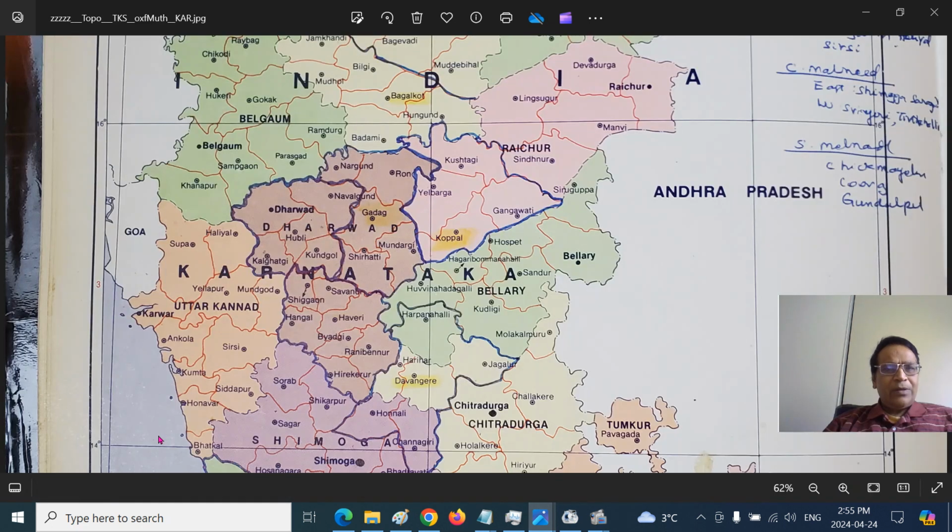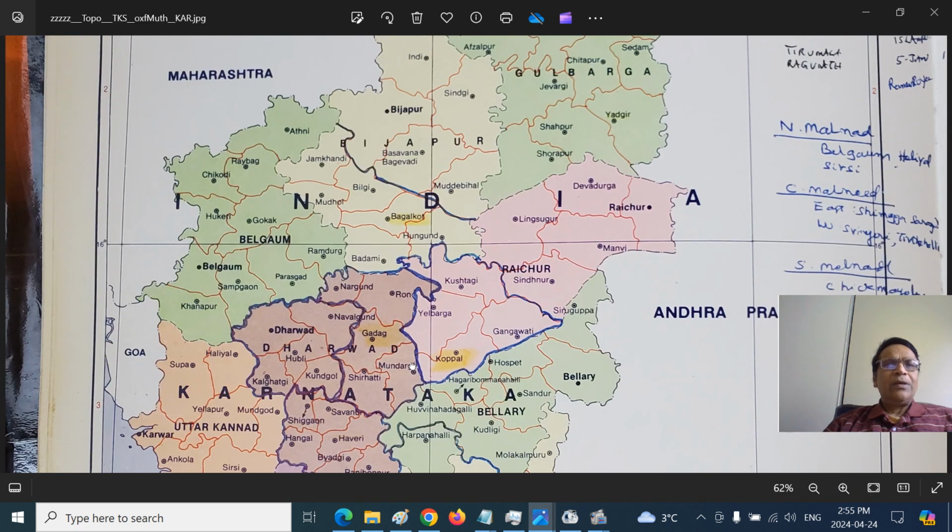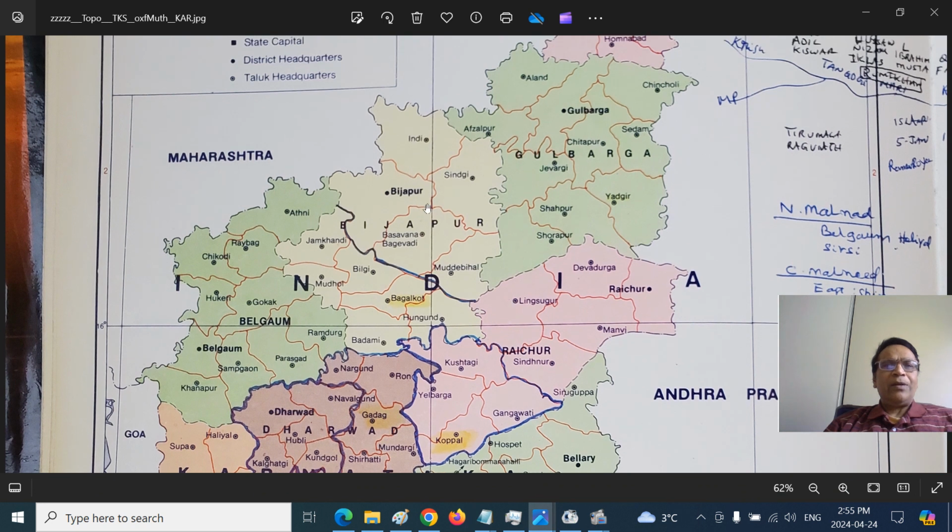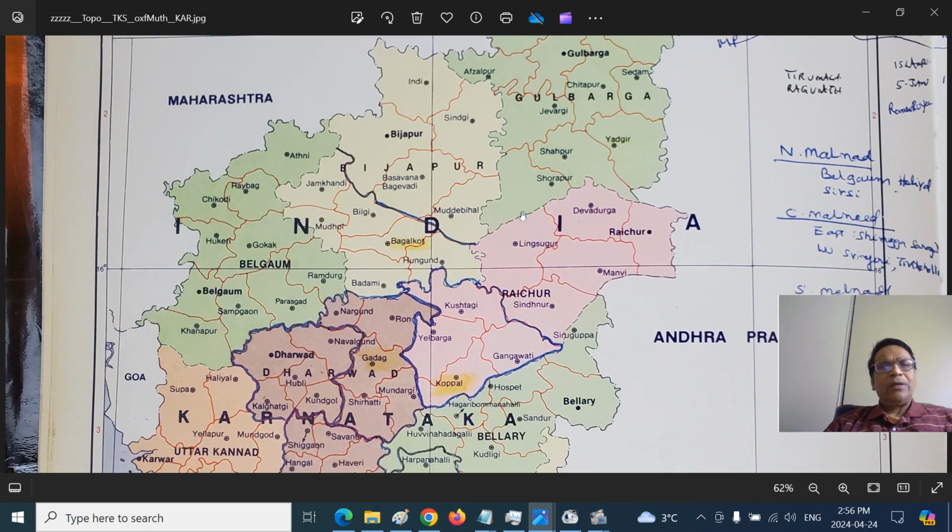So, and taluks, you can see this. So this is the Bijapur and that is the Indi Taluk and Sindhi Bijapur. You see the Krishna River, this one. So Muddebihal, Bihal and Basavana Bagewadi. Talikota will be somewhere here. This is the Don River. Don River goes there, joins Krishna somewhere here in the Yadgir district. Now south of this is the Krishna River.